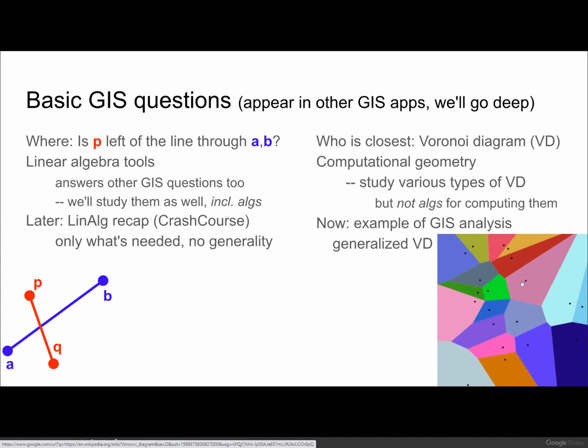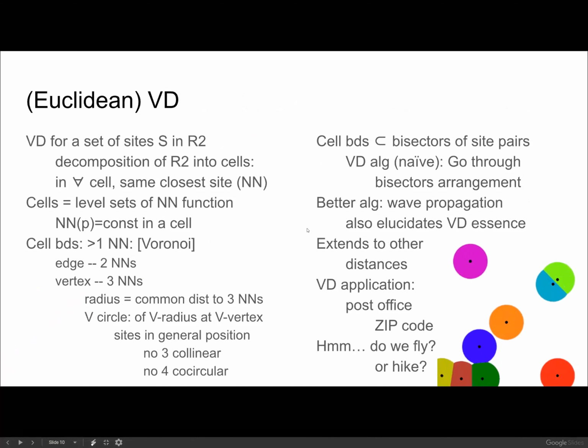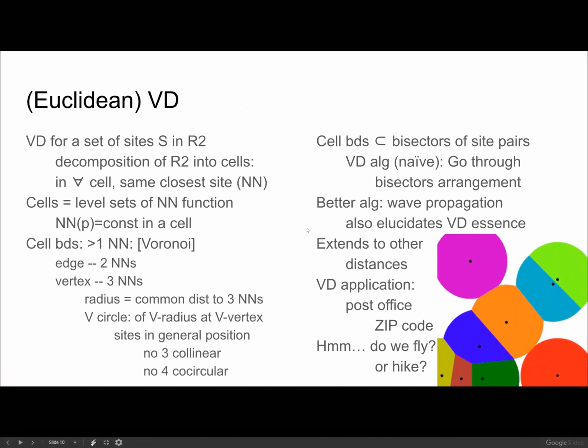So these original points for which we want to split the plane, they are often called sides. And then all the other points in the plane are just the points. And again, this Voronoi diagram is the decomposition of the plane into cells such that within any cell, for any point, the closest side is the same. And this is what we are going to study right now, and actually look at something called generalized Voronoi diagram. Okay, so that was the kind of introduction. And now 15 minutes to introduce you to the Voronoi diagram.